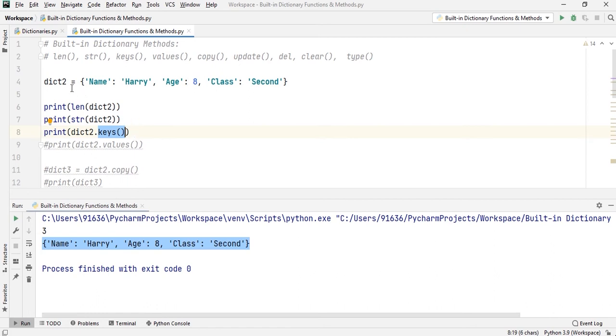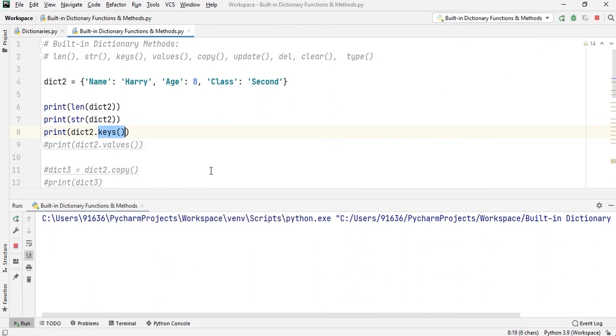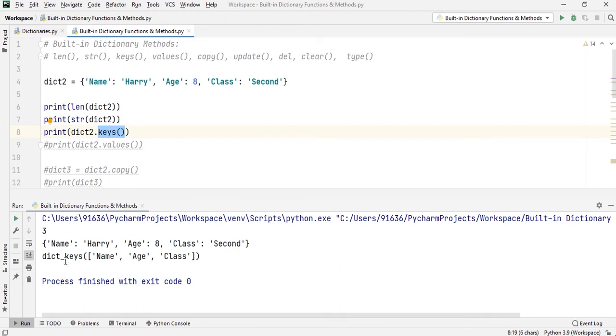Here the dictionary is dict2, so I have written print dict2.keys followed by the parenthesis. You have to remember this parenthesis. Now let me run this for you. Here you can see that it displays the keys associated with dict2, dict_keys, and in the list you can see name, age and class, the 3 keys, printed on the console.